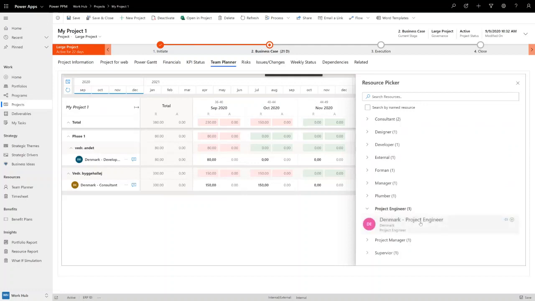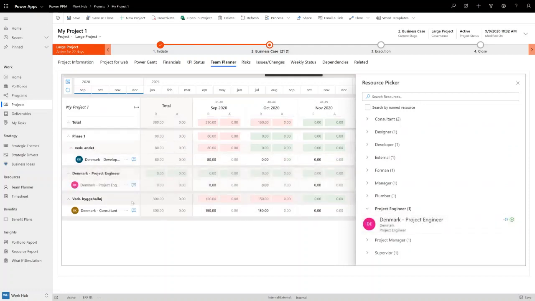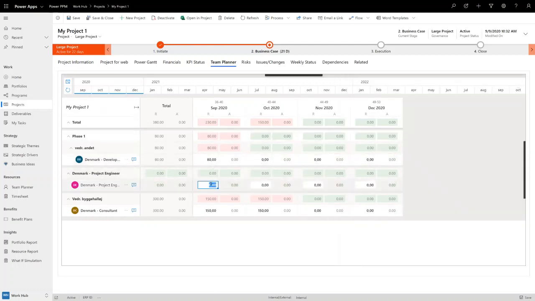Perhaps say I'm going to need a project engineer, drag in the person to a phase or maybe at the highest level. And afterwards say I would like to spend or get 40 hours of attention from this certain role, then 80 hours, then 60 hours, then 40 hours. Perhaps even adding a little comment to it so that the line manager will see what I'm in need of. So this is sort of how we can do the